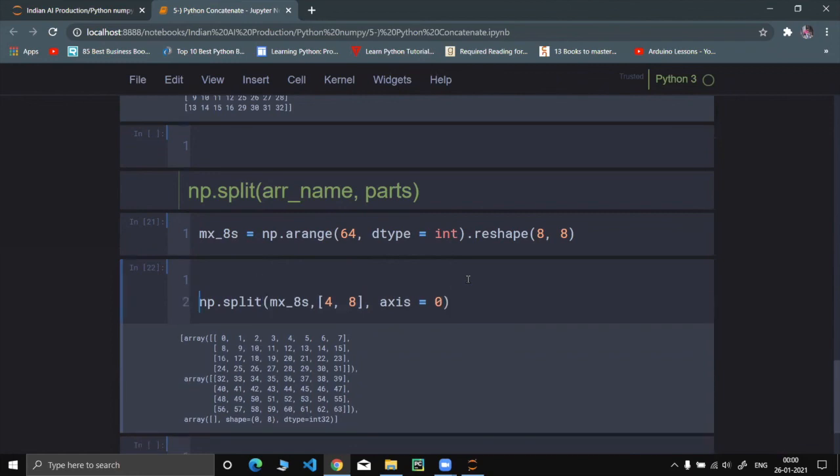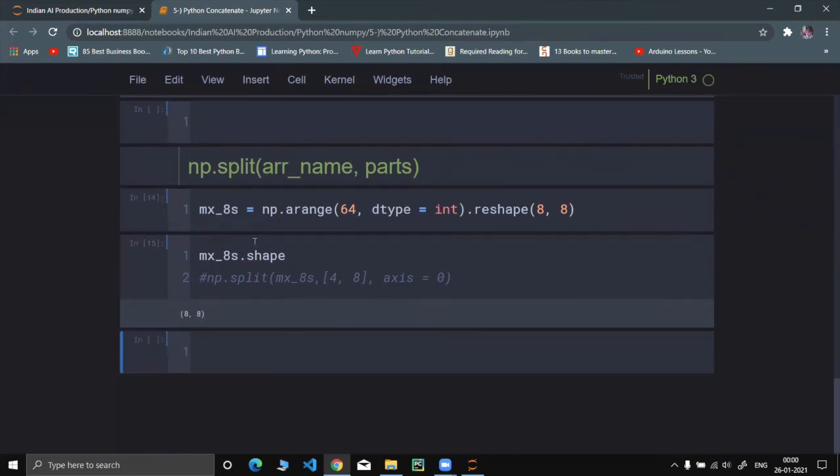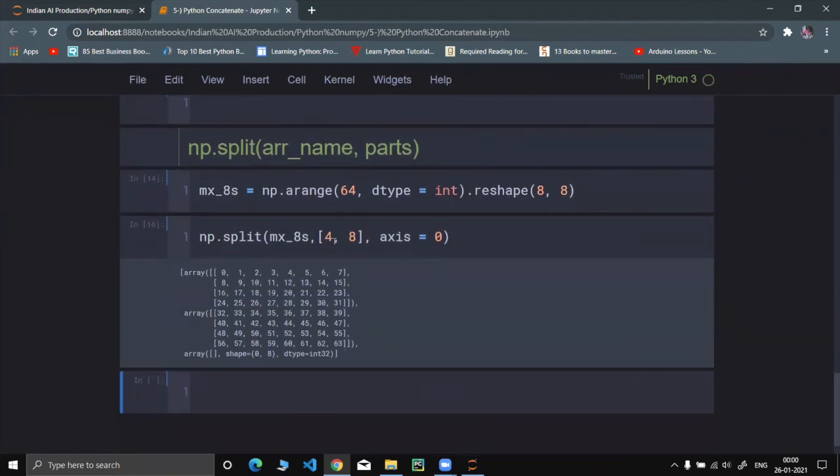Let's check what initially its shape was. mx_8s dot shape. Initially the shape of our array is 8 comma 8, meaning 8 rows and 8 columns.